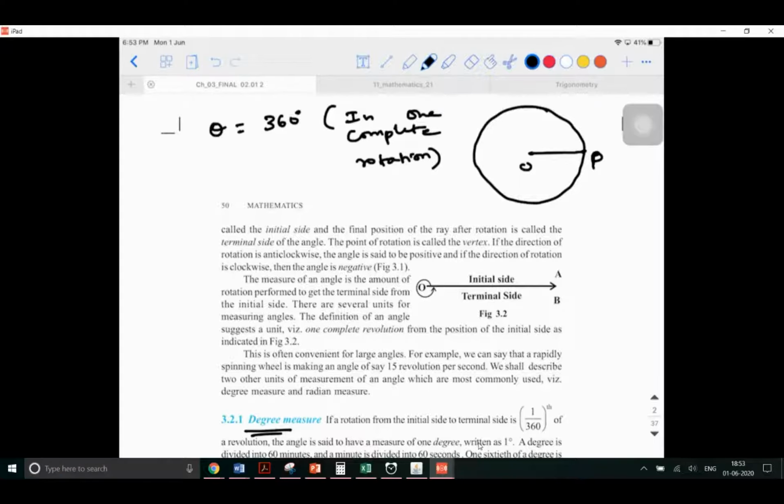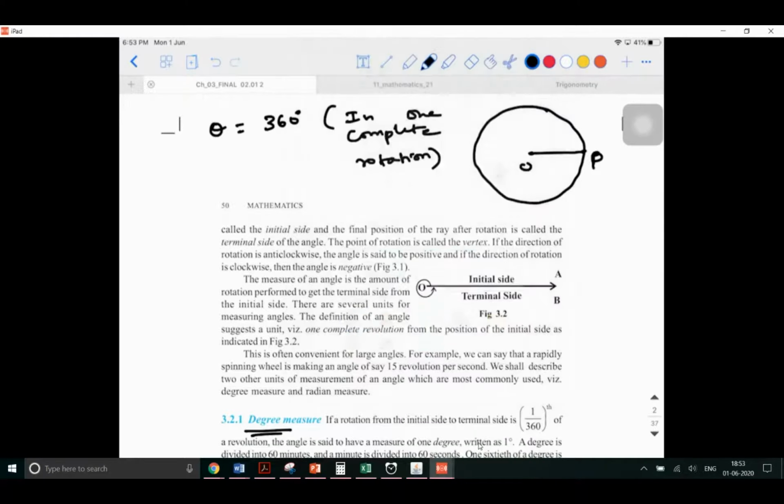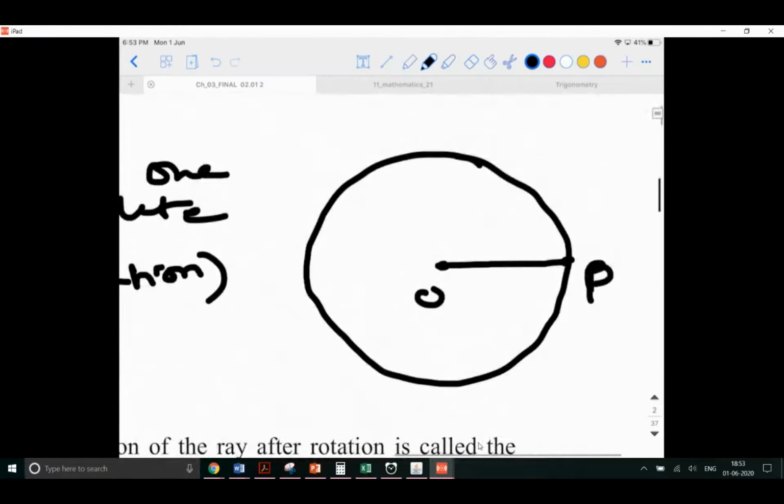Now, how can I relate this 360 to 1 degree? If I ask you to define 1 degree, how will you say it? I'll give you a hint, a small measurement. I'm zooming in and showing, observe. If I take this as the 0 point, then you will have 1 degree, 2, 3, 4, 5, 6, and it keeps on going. How many such red lines am I supposed to have between the points P to P, that is, in one complete rotation, if you count the number of lines, how many lines will there be?